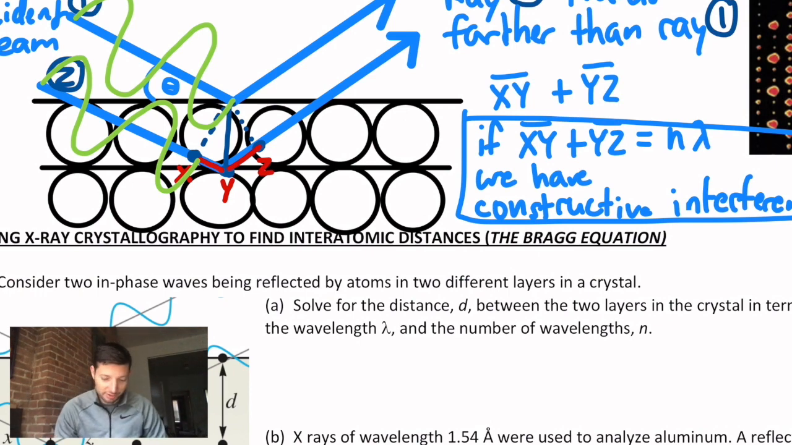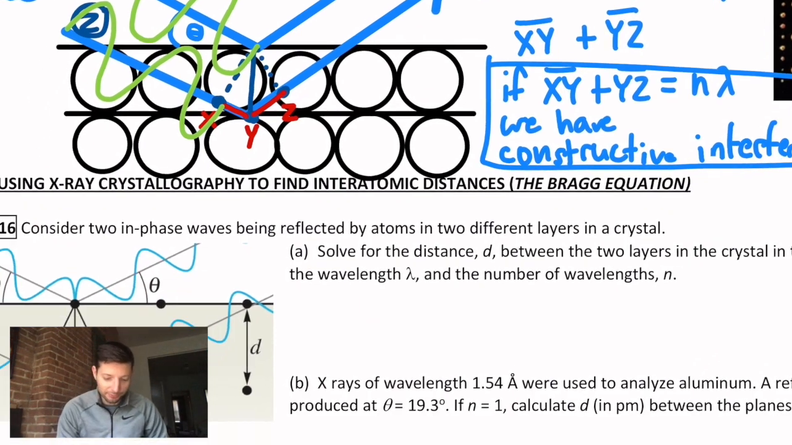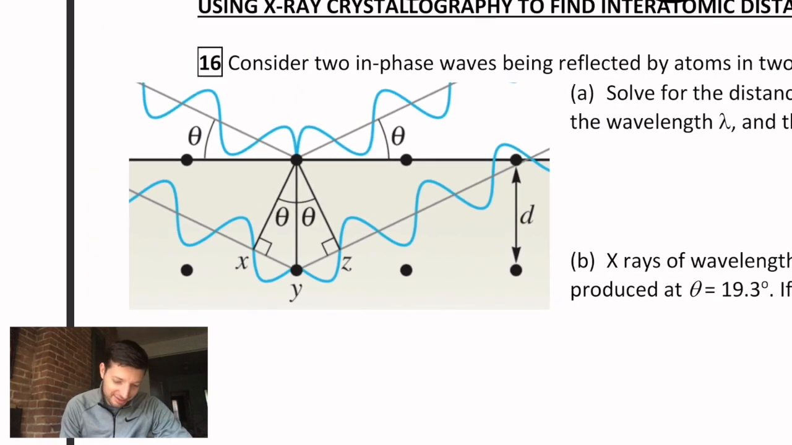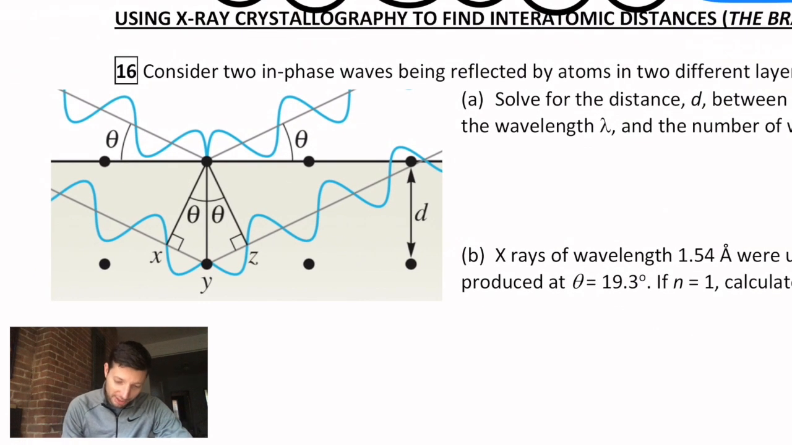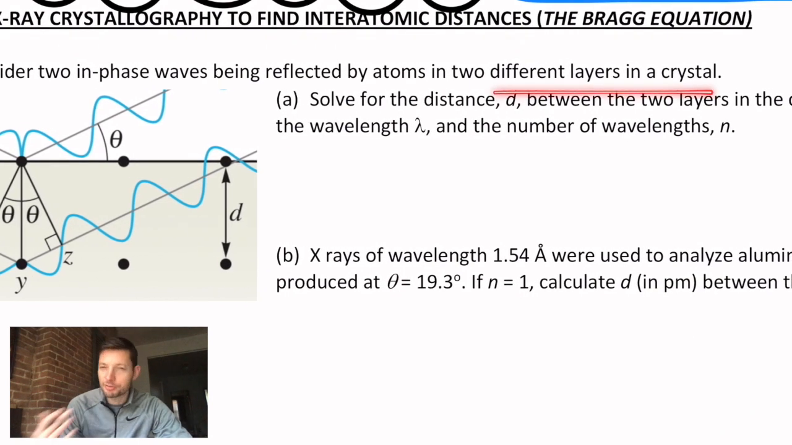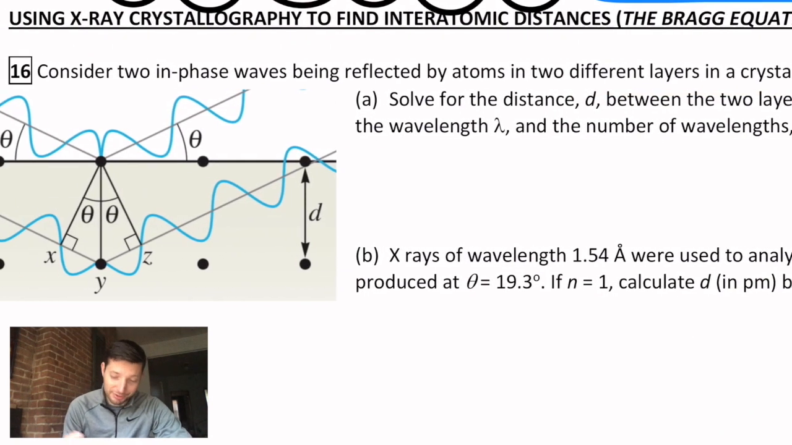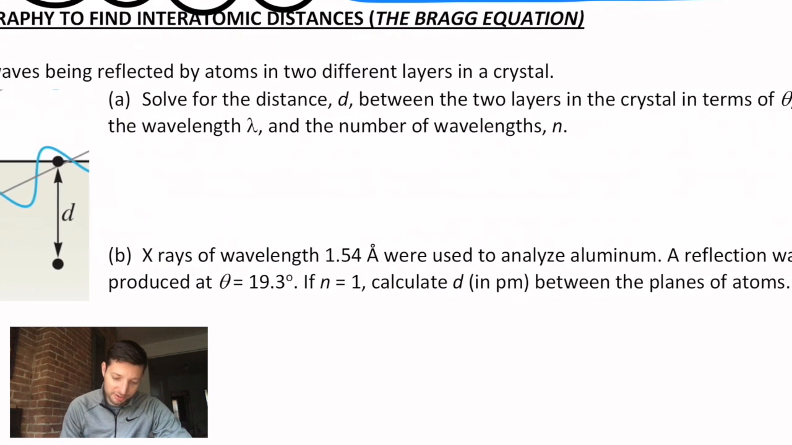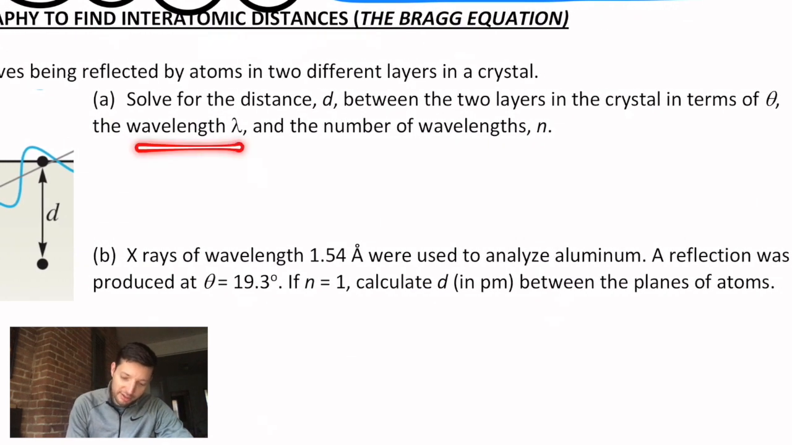So how do we use this? If you didn't like your drawing up above, fear not. Here is one already provided for you. That's a much better version that I borrowed from one of your textbooks. And it says, consider two in-phase waves being reflected by atoms in two different layers of a crystal. That's what we were just attempting to draw up there, so this is just recapping it. Solve for the distance, d, between the two layers in the crystal in terms of the wavelength and the number